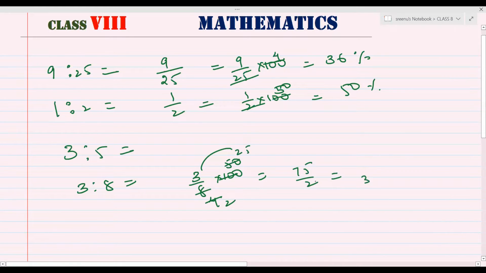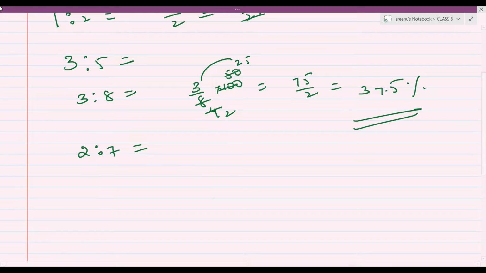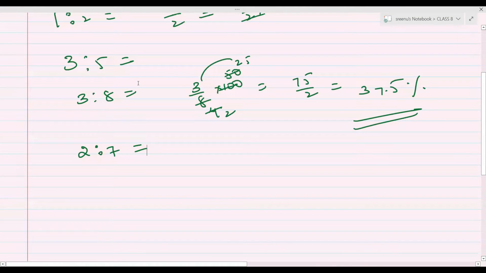That is 37.5. I'm getting 37.5. Where did it go wrong? I'm not sure. This one you do. 2:7. 2 by 7 into 100. 200 you should divide by 7. 200 divided by 7 is the answer. And then next,